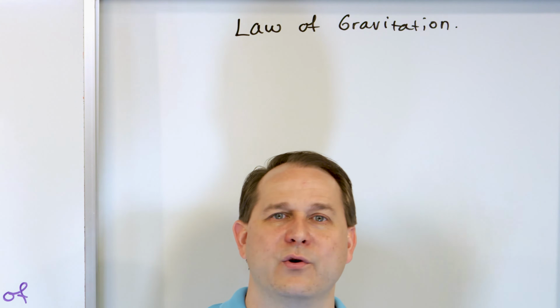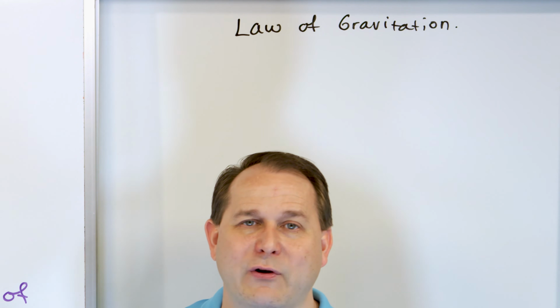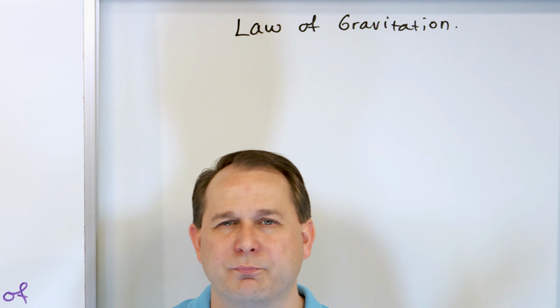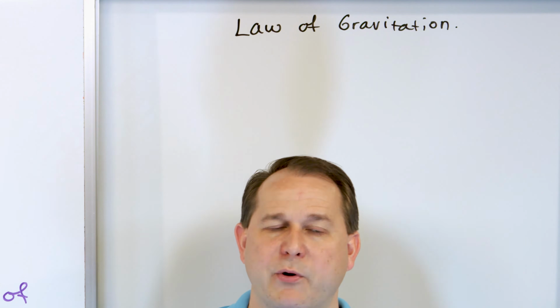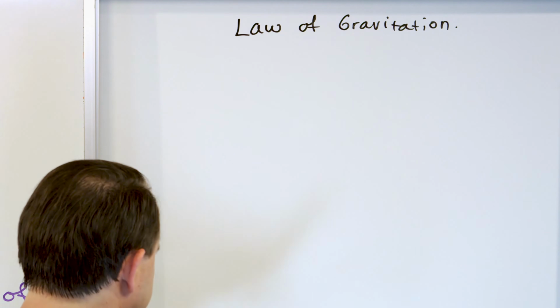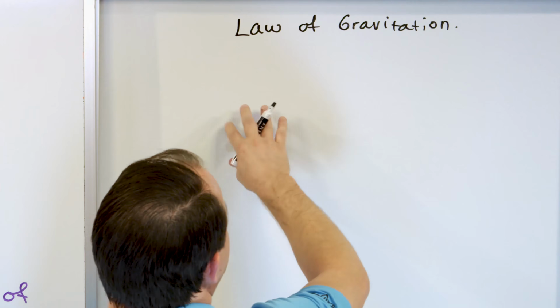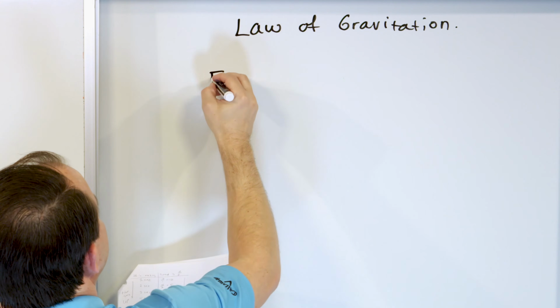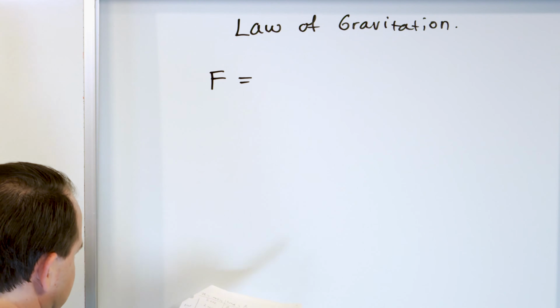However, we now know that Einstein's theory of gravity is more accurate and it's much more complicated than Newton's theory. But for most purposes, the law of gravitation Newton came up with is perfectly fine. So we're just going to talk about this one, even though we know Einstein's theory of gravity is a little more accurate than this. So the law of gravity says the force that exists between two objects is going to